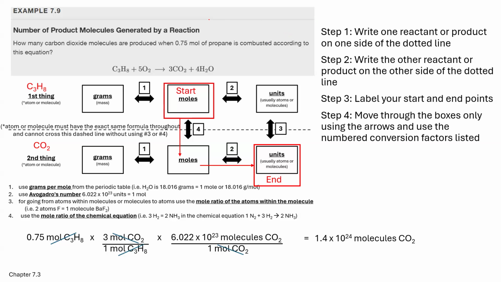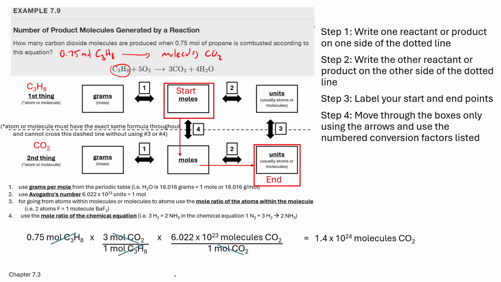We're starting with 0.75 moles of propane, which is C3H8. And they're saying, which is right here, how many carbon dioxide molecules are produced when that happens? And we're trying to go to molecules of CO2. All right. Well, again, it's an abstract concept, especially when you're first starting off learning this, but let's